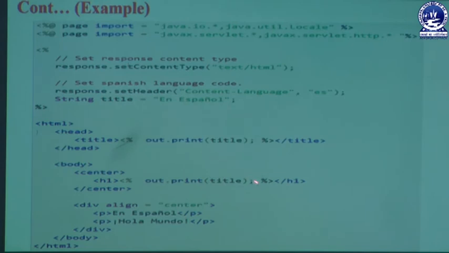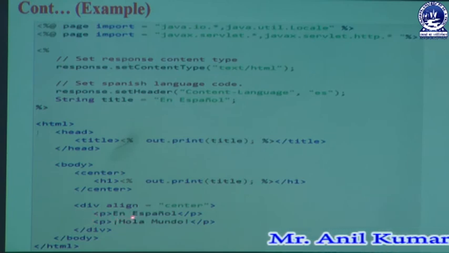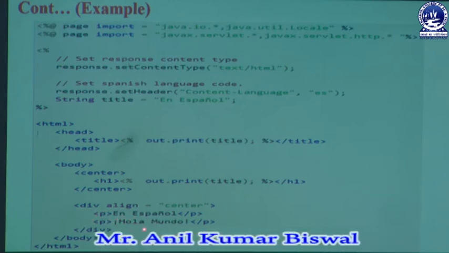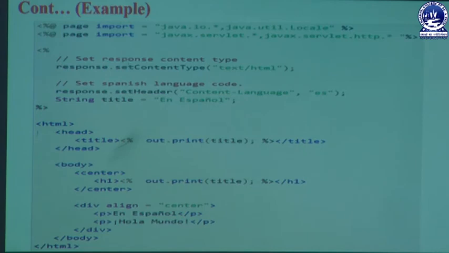So we can close that heading section. Whenever a user designs this section, we can easily maintain it in our programming part. Here we also define another section, that is known as a div. It's a division section with a specific alignment, that is the center. Then we have a paragraph that is en, optional, and is our name. Instead of this name, you can write anything else. Then hola, mundo is one way to define these two words in that part. Finally, we can close that div section. Similarly, we can close the body as well as the HTML.